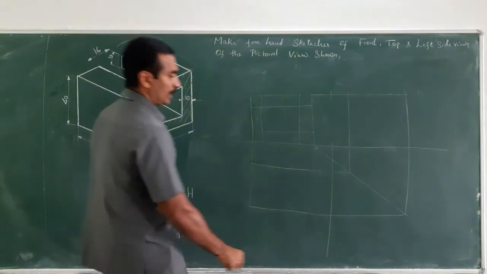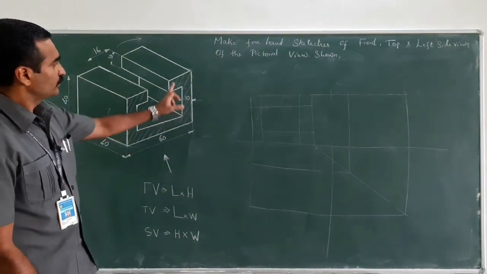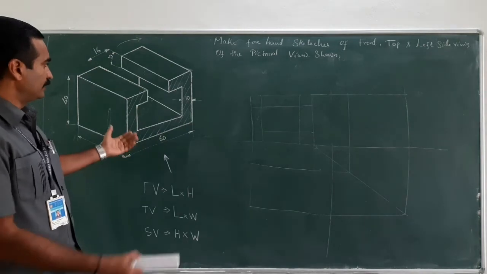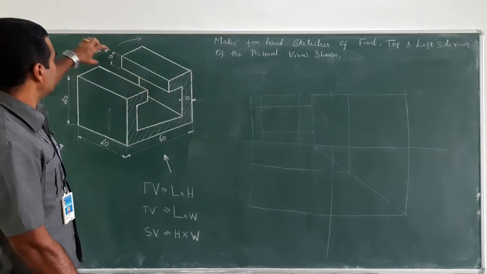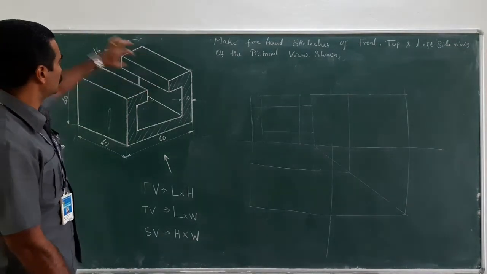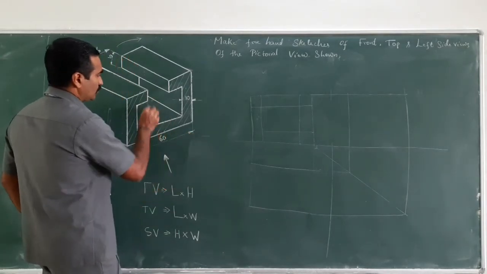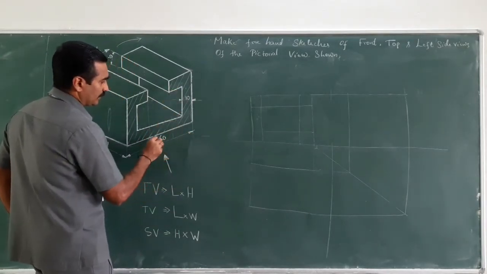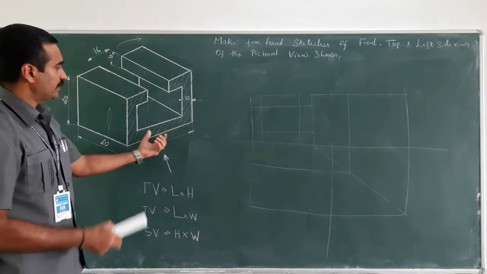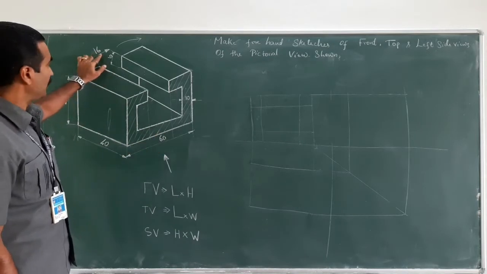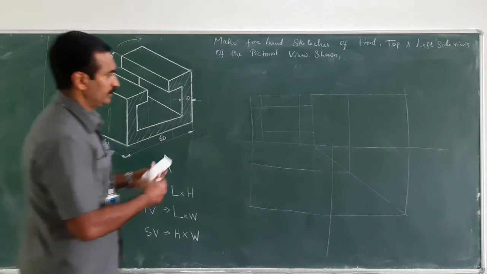Right. So now look at the object. It's kind of a C, an inverted C, right? So there is a break in between. This distance, that gap between these two, is given as 16. So look at here, then you will have to find this. This is given as 16. Therefore, what about these two? 60 minus 16 is 44. Therefore, this should be 22 and 22 here, right?